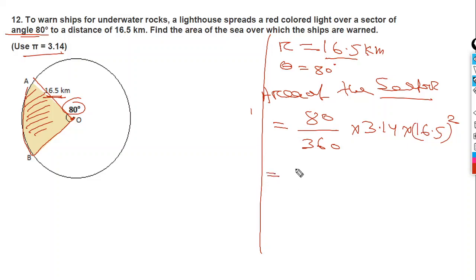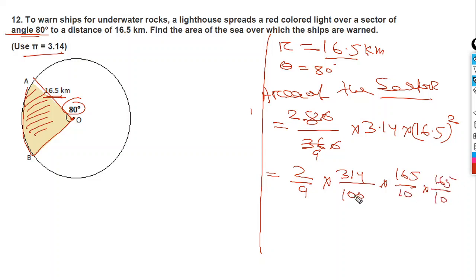you can cancel the 0, then you can cancel it: 2 eights are 8, then 9 fours are 36. So 2 by 9 into 314 divided by 100 into, here you have 16.5 into 16.5, so you can write 165 by 10 into 165 by 10. Now what we have, we can cancel this 100, it will be 50,